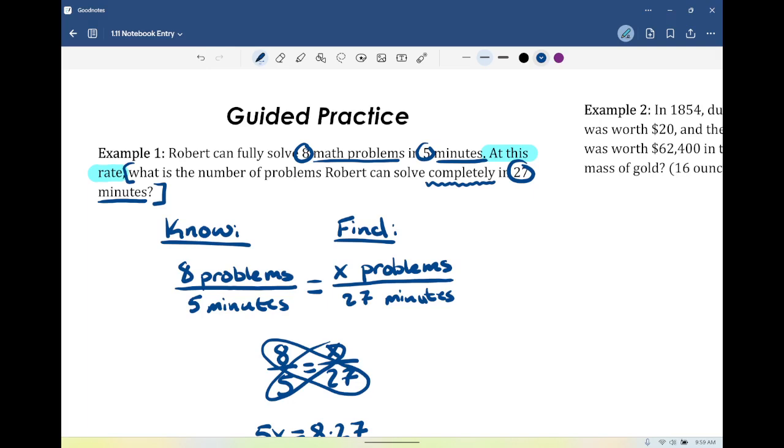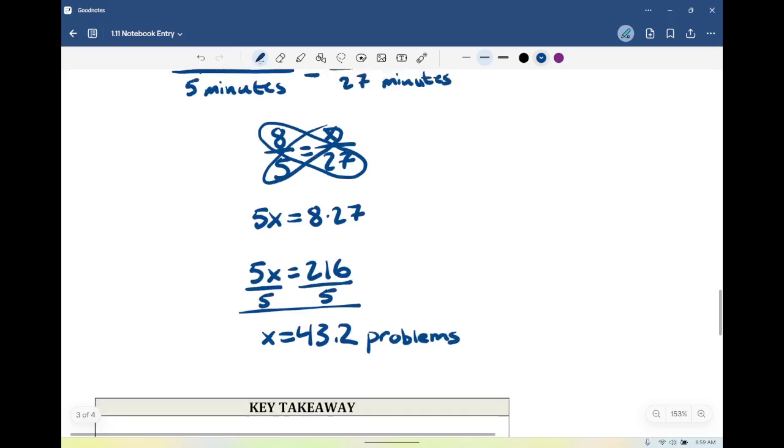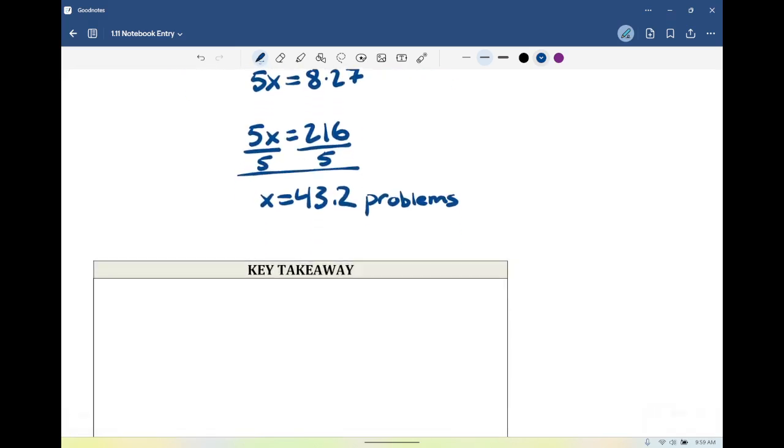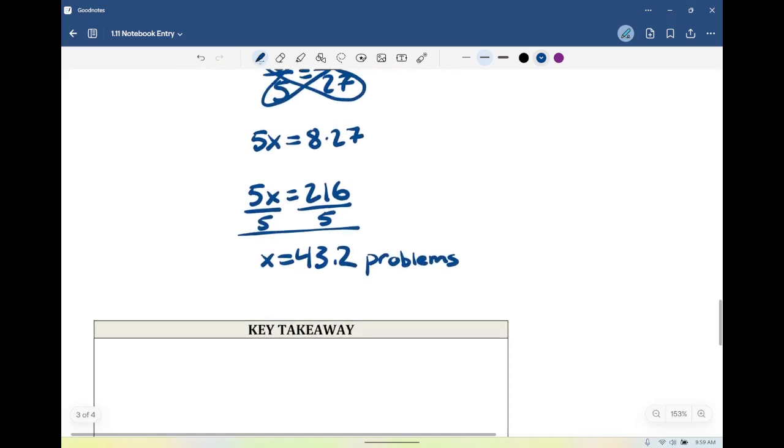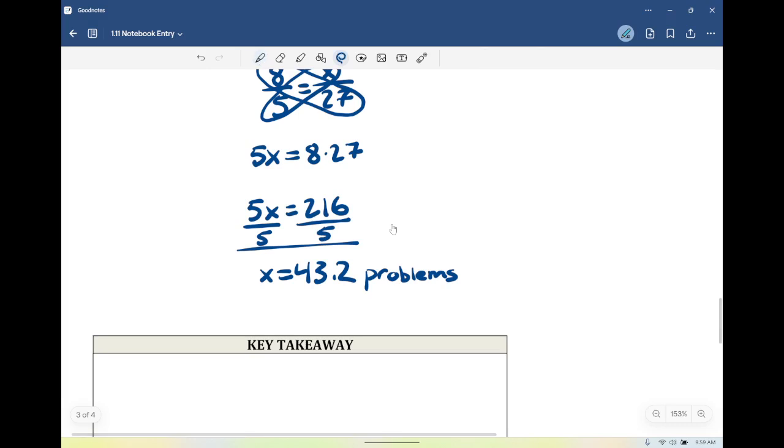Okay, well, let's take one step back. If we think about complete problems, what type of a number should I give as an answer? Gio. Louder. A whole number. And so if I jump back down, I actually don't want this decimal when I'm thinking about my solution sentence. And so if he can solve 43.2 problems, what is the number of complete problems he can solve? Gio. 43, right? We're just going to round it down. And so,